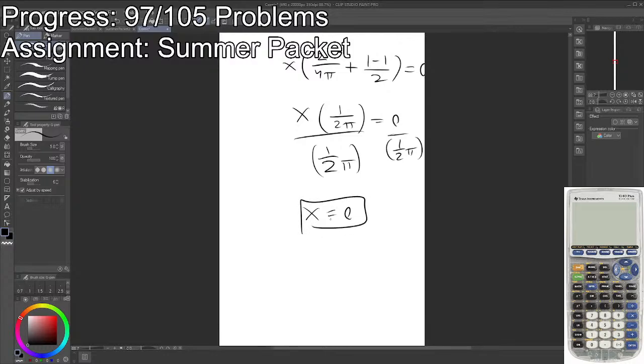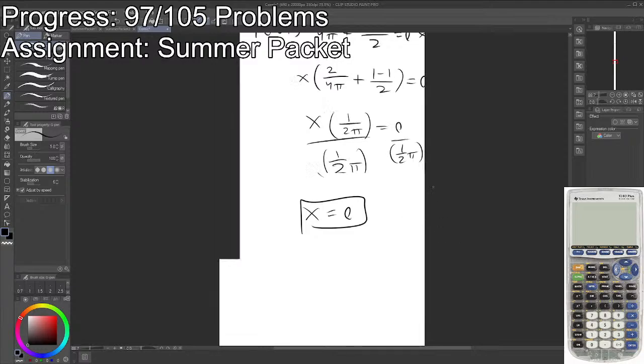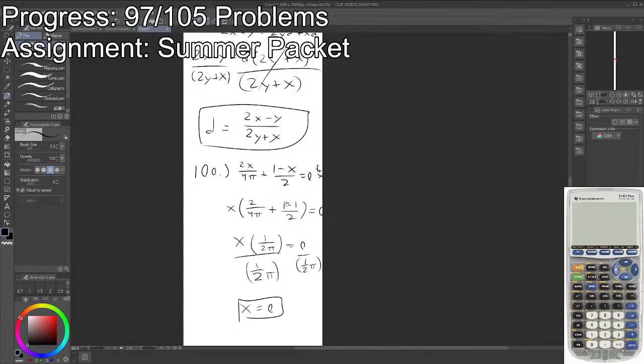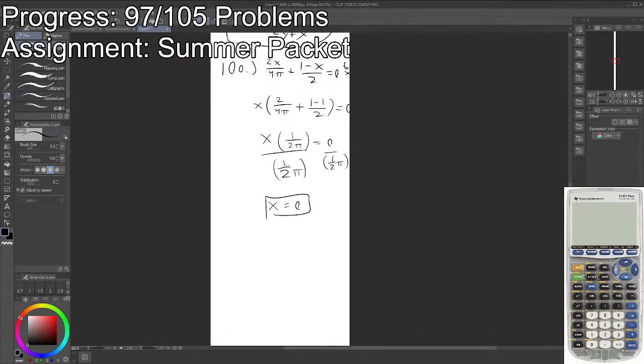Oh, okay. Yeah, fair enough. Oh yeah, I mean, it has to be, because if you plug... If you look at this, if this equals 0, then yeah, okay. The numerator has to be 0. So,